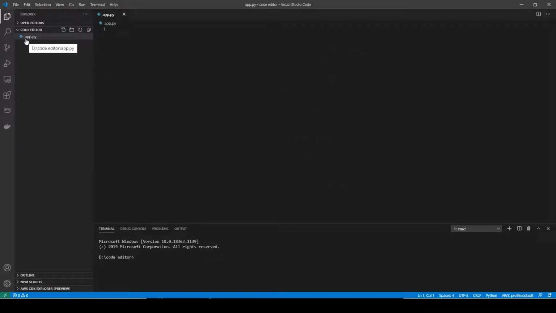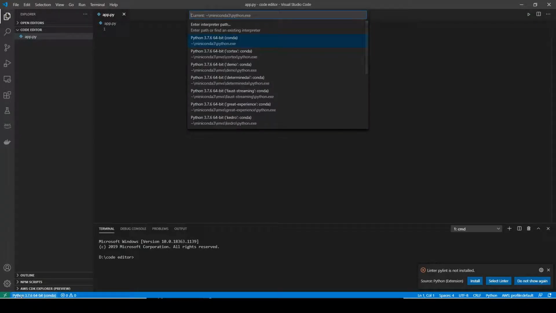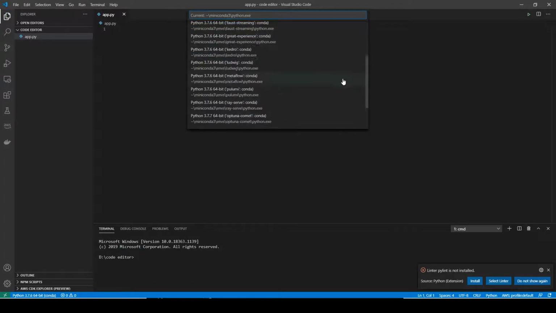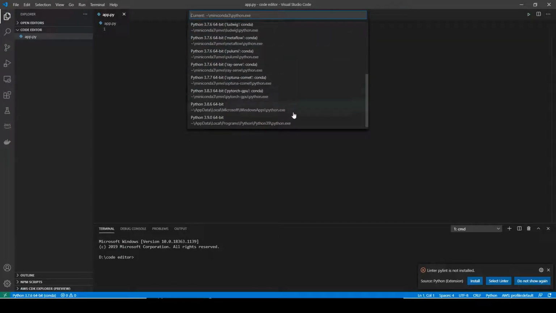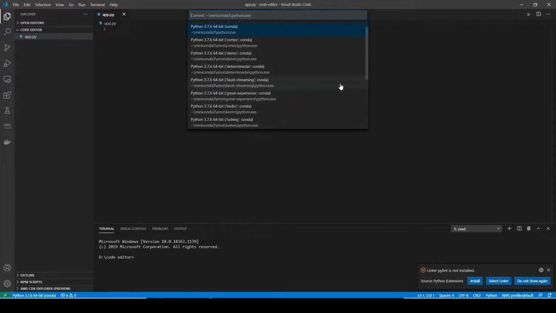As soon as you write any Python module within your folder, observe the option at the bottom left corner, and you'll find something is happening. And once you click on that option, it will show you all the Python interpreters available within your environment. As you can see, I have close to 10 to 12 different types of Python interpreters configured in different environments, different virtual environments, right? So by default, it's taking Python 3.7.6 from my Conda installation.